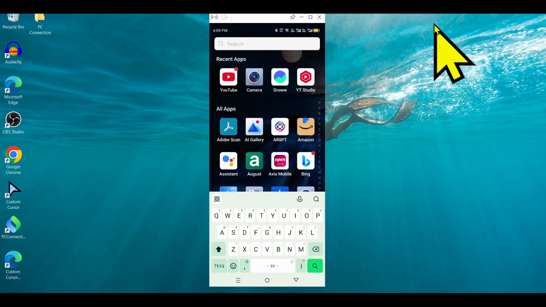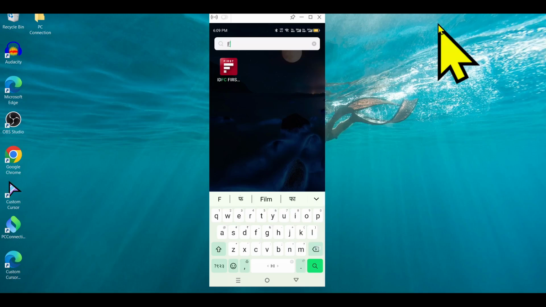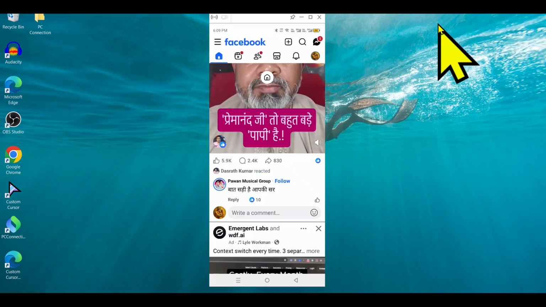In this video, how to change Facebook password. So first go to Facebook app. I click Facebook app and